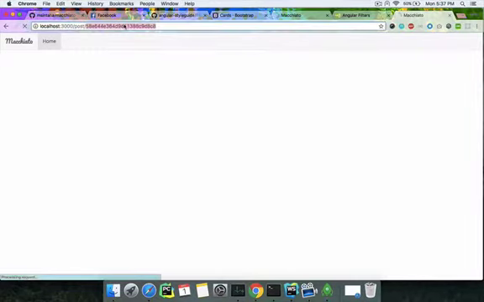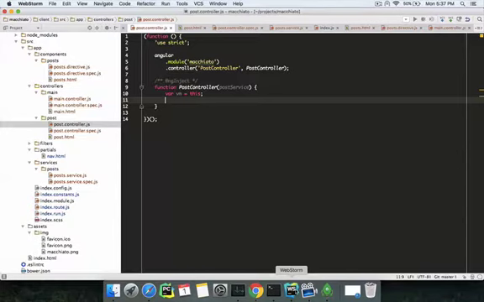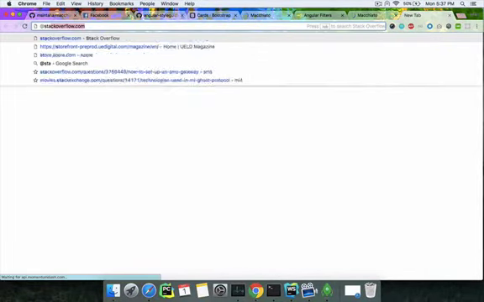Like this route, we need this ID in order to make the get post call, right? The get post, just a single get post call. We need this ID passed into the service. Now, how are we going to access that ID? Well, the easiest way is to use state params. Now, if you go to the AngularJS documentation for $state